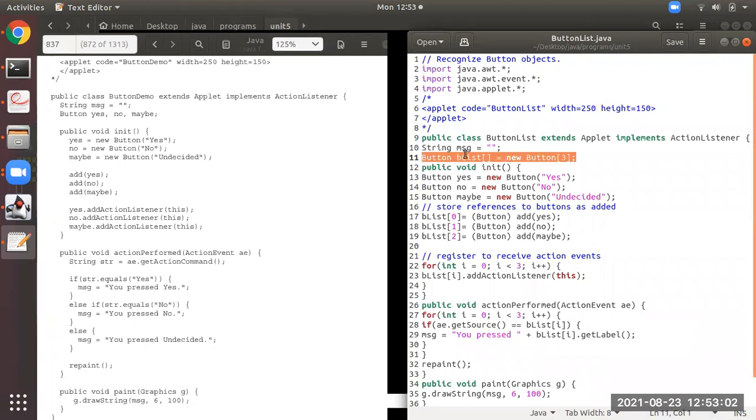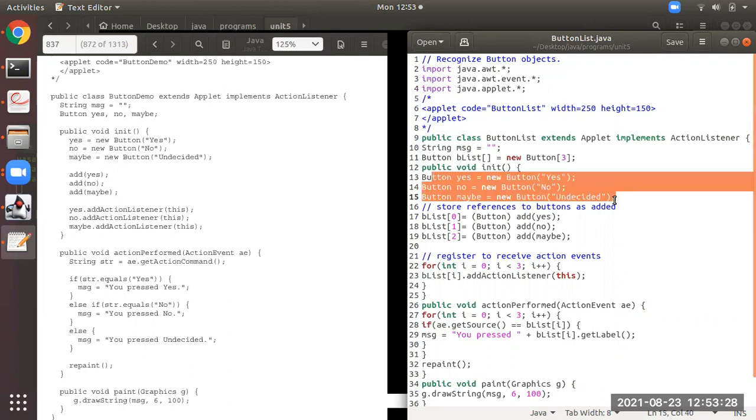There is an array for the Button class. Over here, directly references were given, but here there are no references. Instead of references, we have been provided with an array object. So what is the size? 3. So now in the initialization method, you observe over here, the objects are declared and also instantiated.